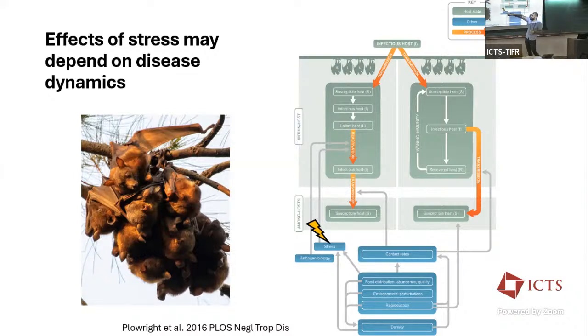But when you introduce stress into this equation, right, that can really affect this process of changing from a latent host to an infected host. So you may be latent, the pathogen may be hiding out in some cells, it may be intracellular, it may be hiding out in your central nervous system or something like Borrelia does. And something might change in your environment or your physiology. You may go into nutritional stress, right?